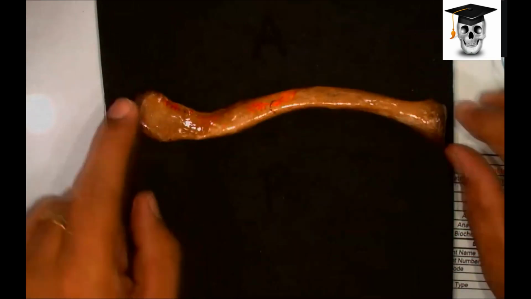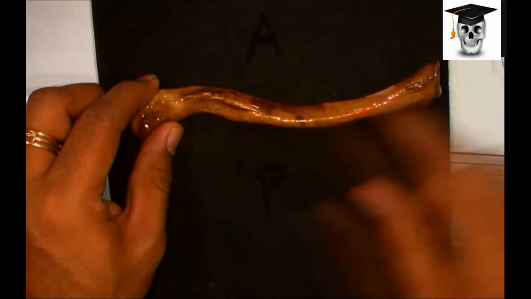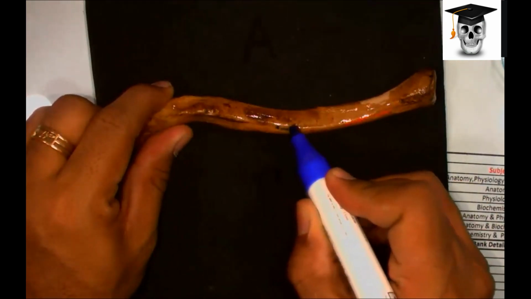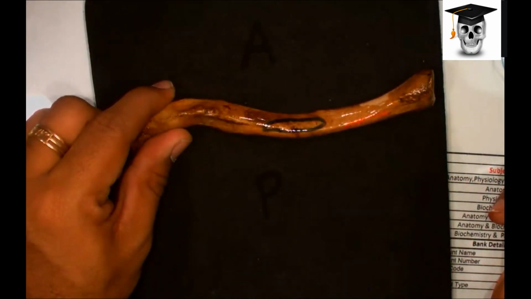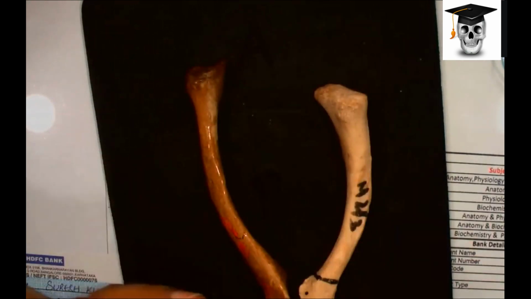Now the inferior surface, I go down here, and the inferior surface is there, but you cannot very prominently see it. That is just the subclavian groove that we have inferiorly. Is that okay? So this is my left bone. This is my right bone. See, both left and right I am holding. Both have the medial as the broader end. All okay? Fine. So you will not be having confusion.